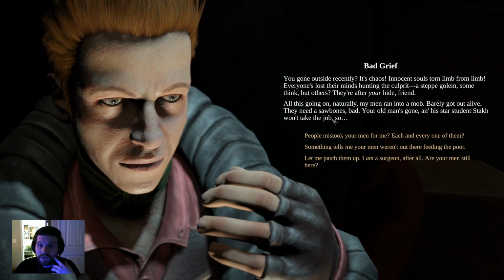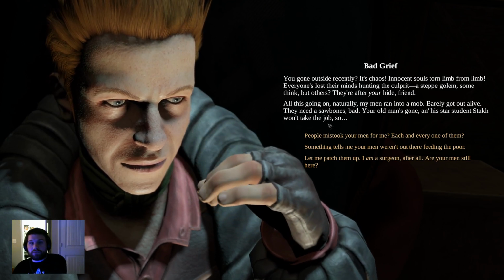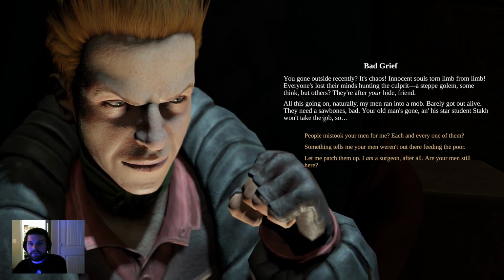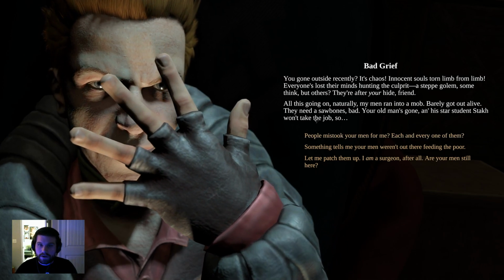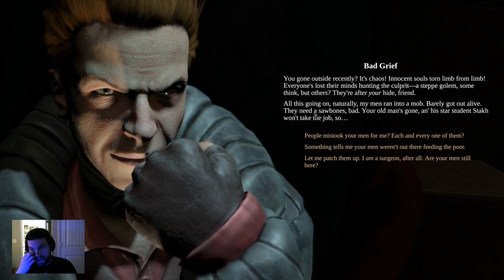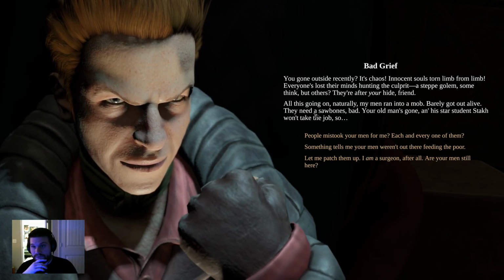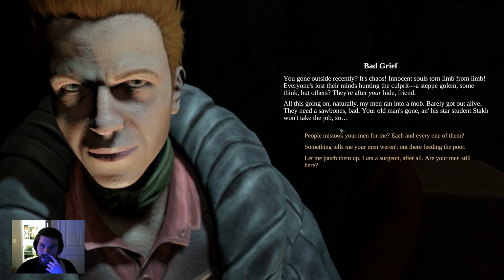You need help? You gone outside recently? It's chaos. Innocent souls torn limb from limb. Everyone's lost their minds hunting the culprit. A step golem, some think, but others? They're after your hide, friend. All this going on, naturally my men ran into a mob. Barely got out alive. They need a sawbones bad. Your old man's gone, and his star student Stock won't take the job, so...